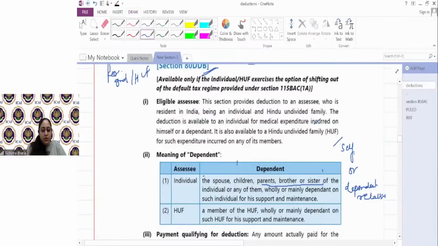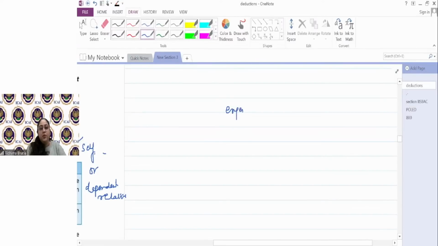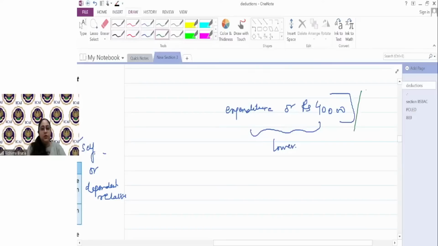Now you will say कि ma'am what is the deduction? The deduction can be claimed on the basis of expenditure. अब यहाँ पे है expenditure or 40,000 whichever is lower. So if the expenditure is 50,000, deduction would be 40,000. If the expenditure is 30,000, deduction would be 30,000. Simple. But if the treatment is done for a person who is senior citizen,